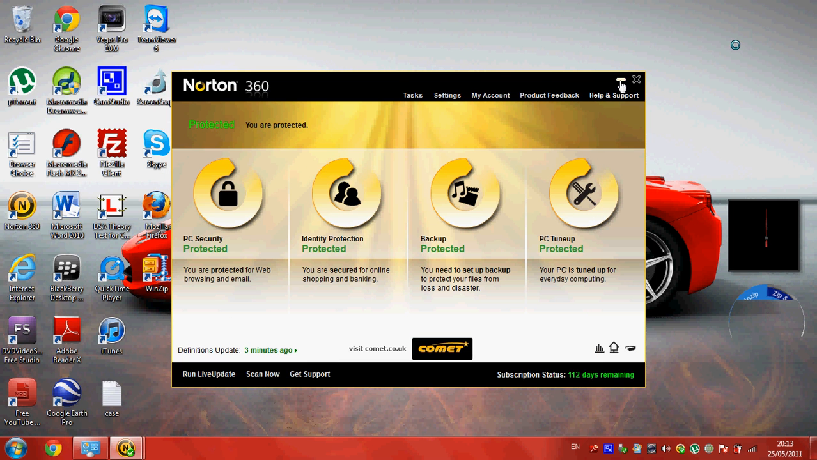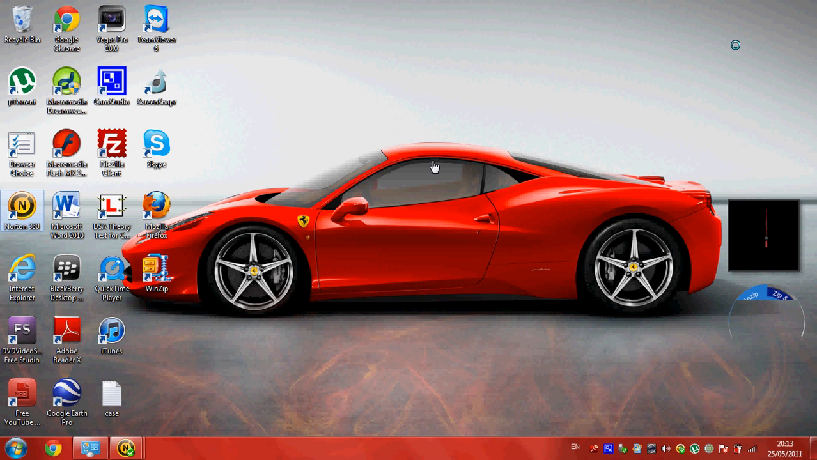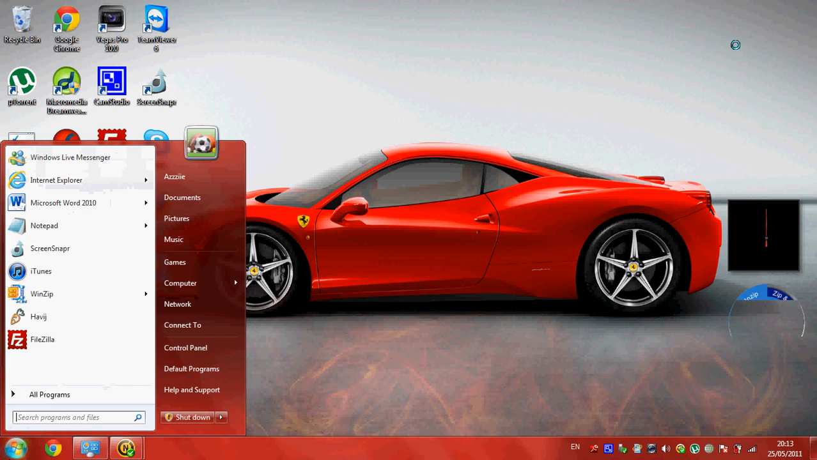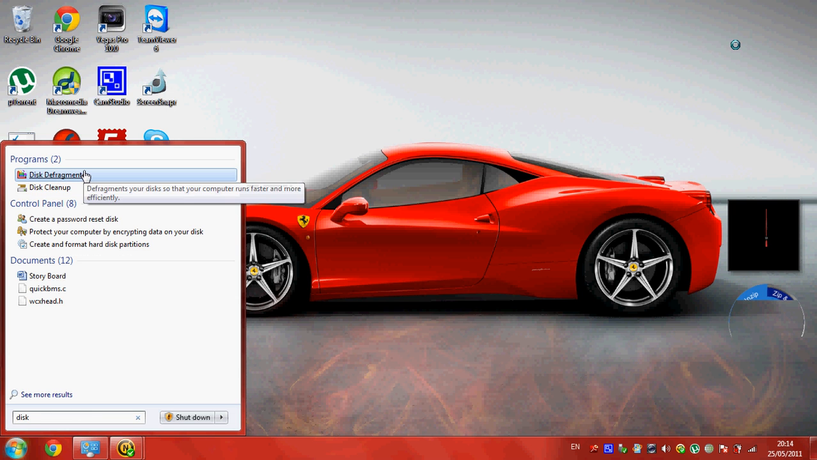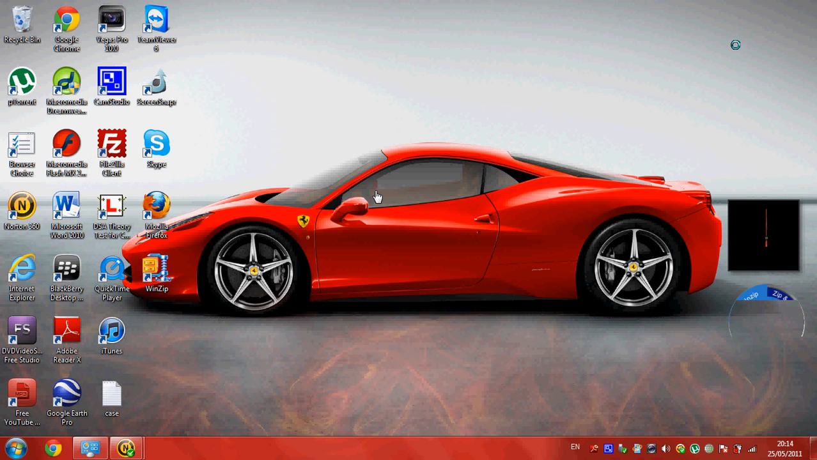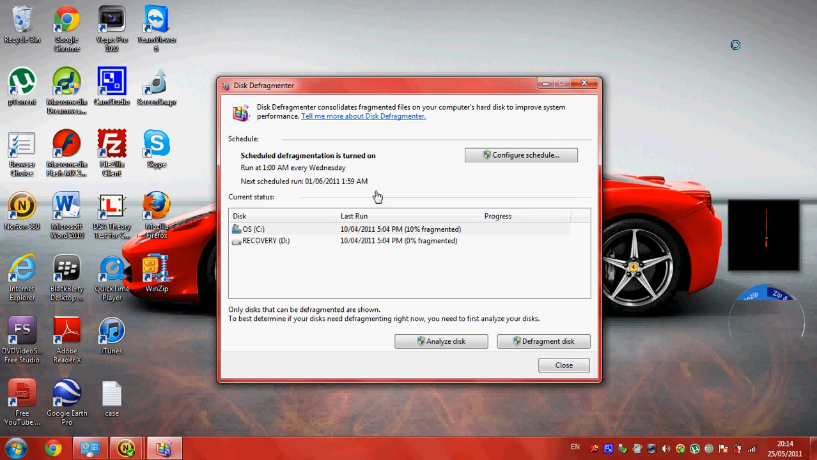Right. The next task is disk defragmentation. What this is basically, it's a quick process. What it does is sort of gathers files and puts them into one area, making it a bit more organized, freeing up space in other folders, and organized in the sense that, say for example,